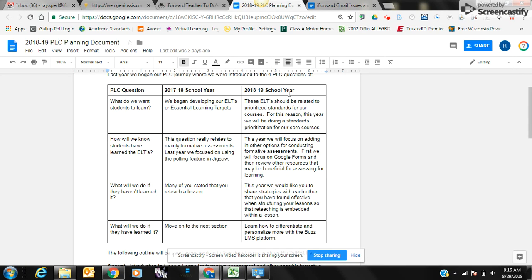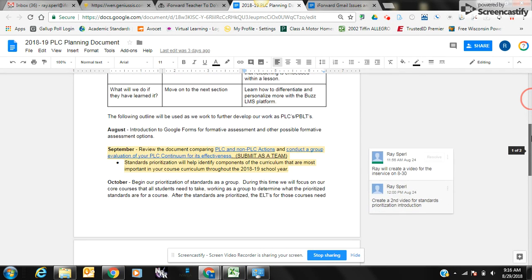So just to take a quick look at it, our two main focuses in 2018-19 are really going to be right here in question number one, still in our ELTs, we're going to do standards prioritization. And then question number two is how we know that students have learned it. So we'll really be spending time on formative and summative assessments. Okay. If we look at our timeline,